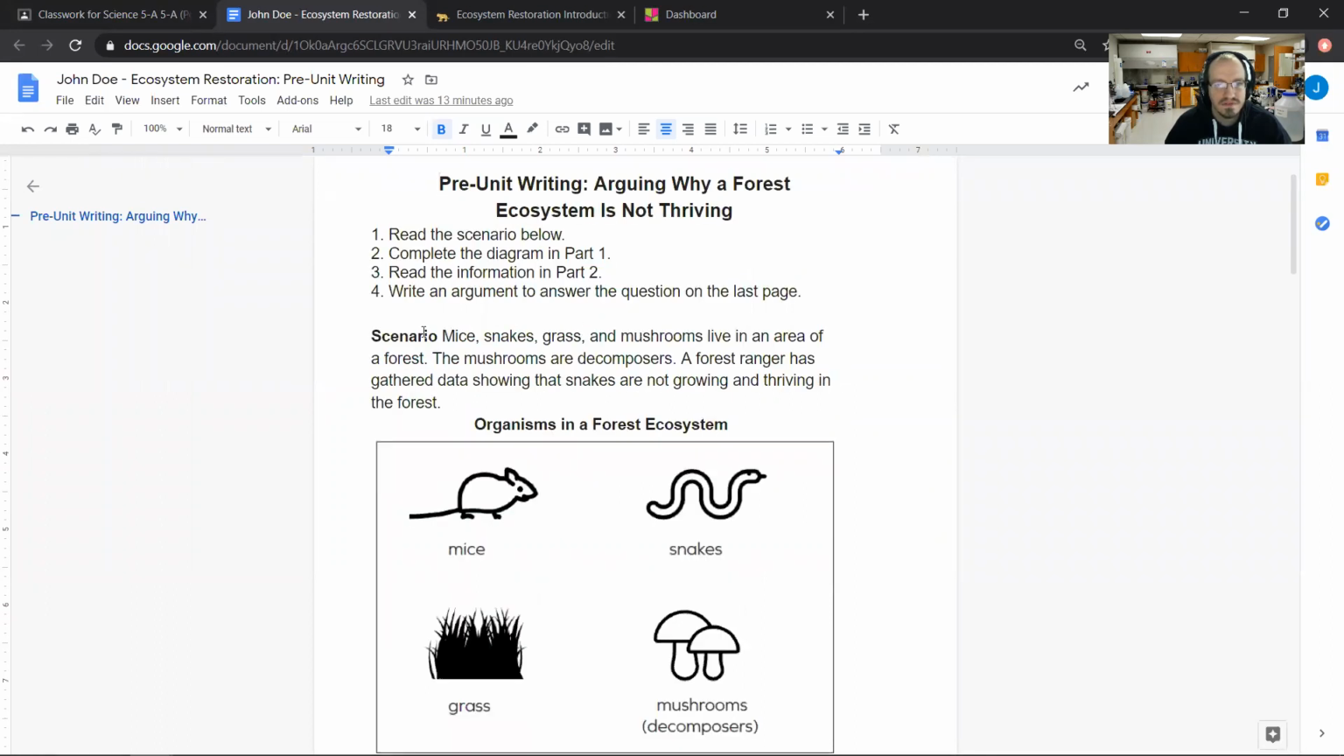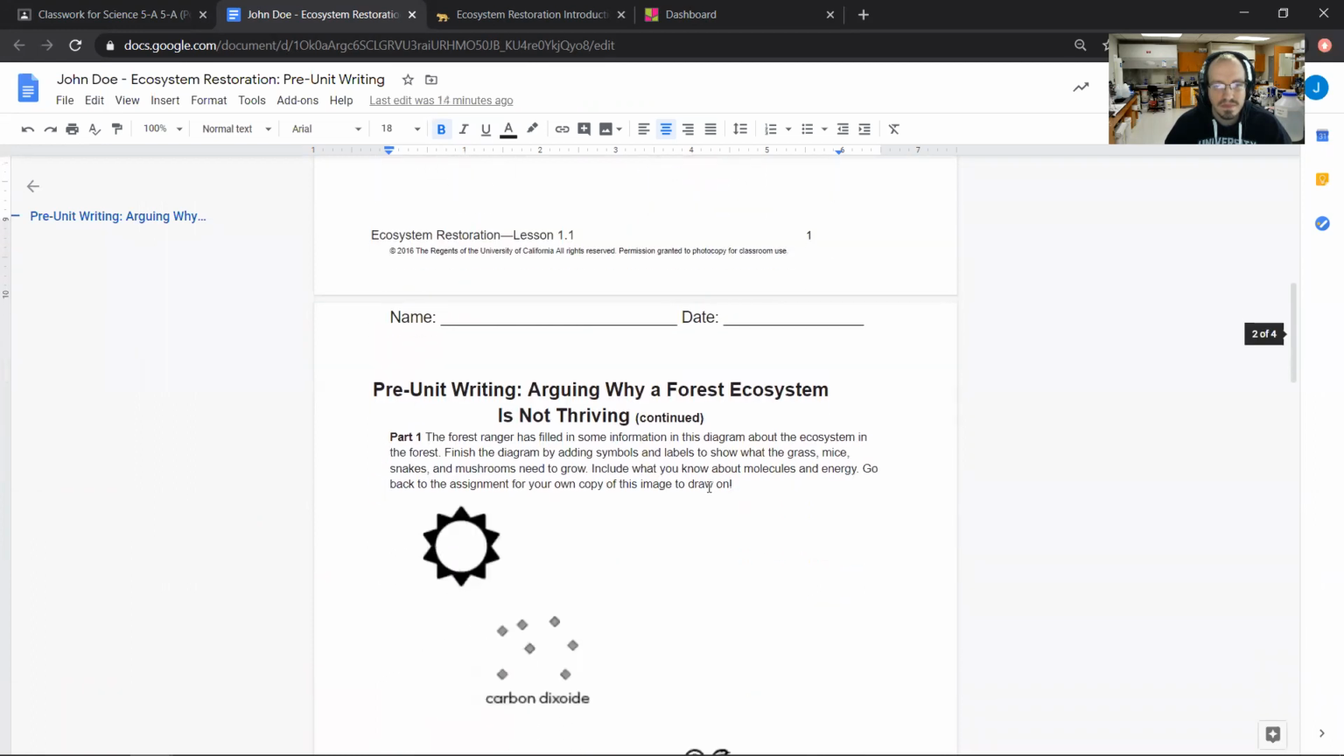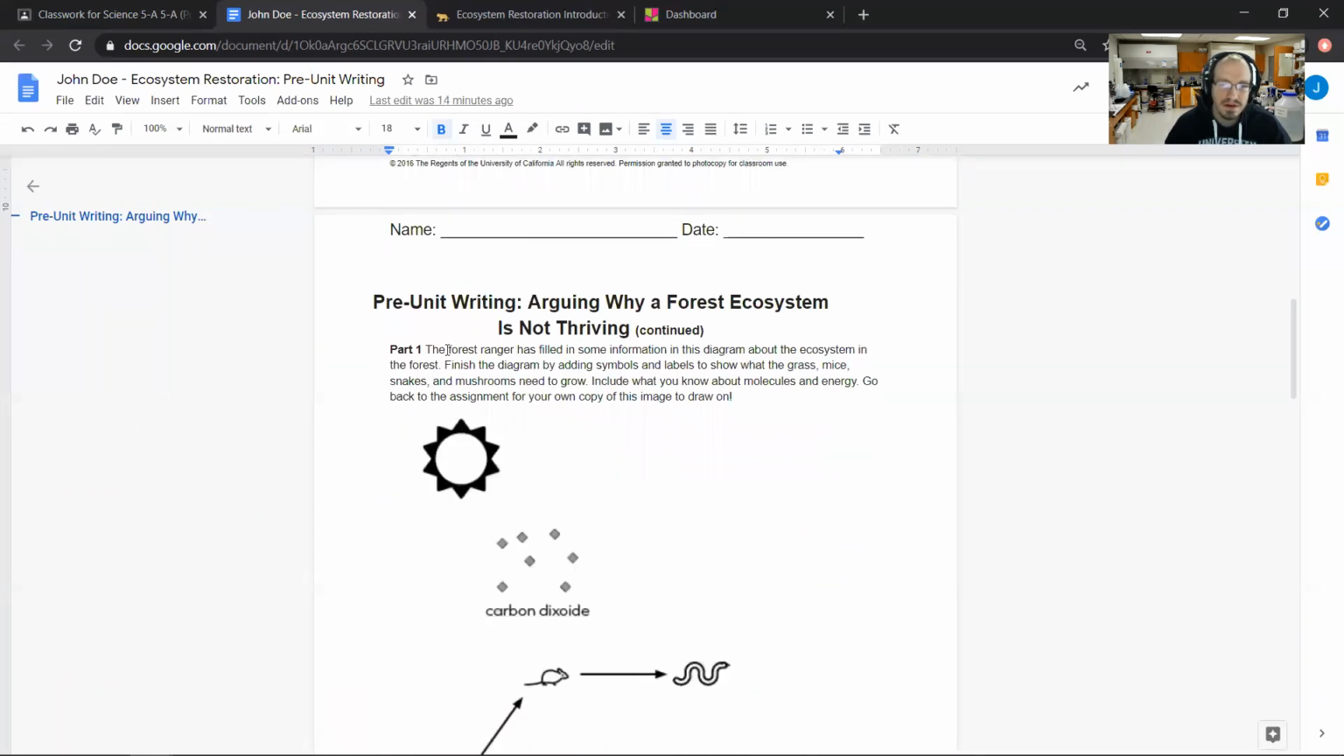So our scenario here is that mice, snakes, grass, and mushrooms live in an area of a forest. The mushrooms are decomposers. A forest ranger has gathered data showing that snakes are not growing and thriving in the forest. So here are the 4 organisms: we have our mice, our snakes, our grass, and our mushrooms. So the first part